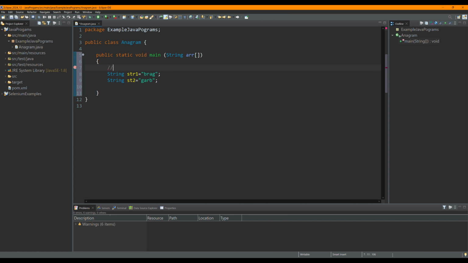So how will we proceed with this? First and foremost, we will compare the number of characters. If the number of characters do not match, these strings cannot be anagrams. So let's compare the number of characters. We will have to convert these strings to character arrays. Get or compare number of